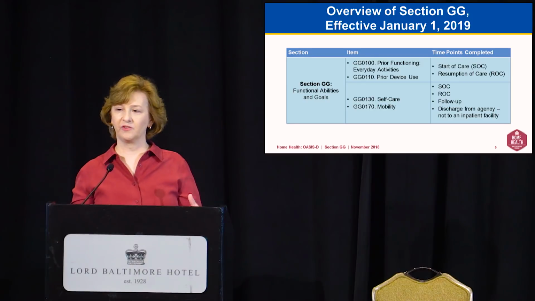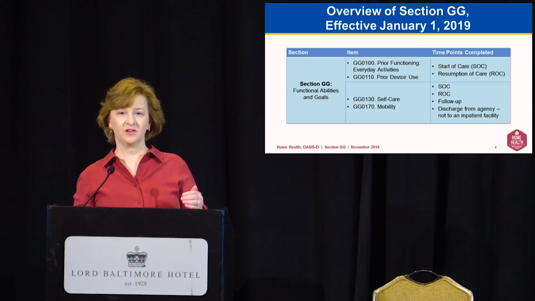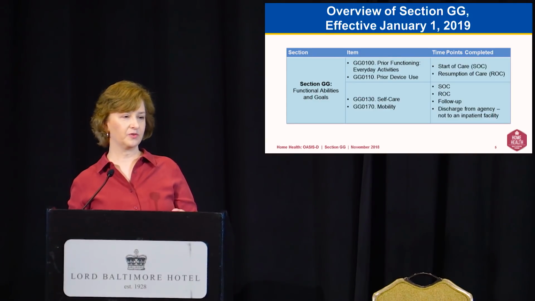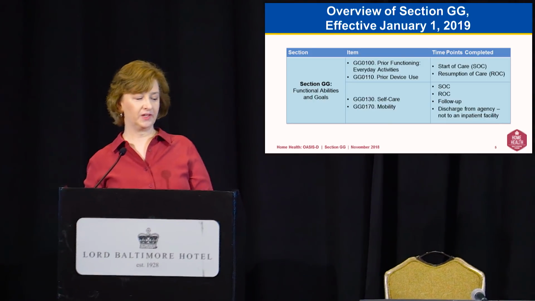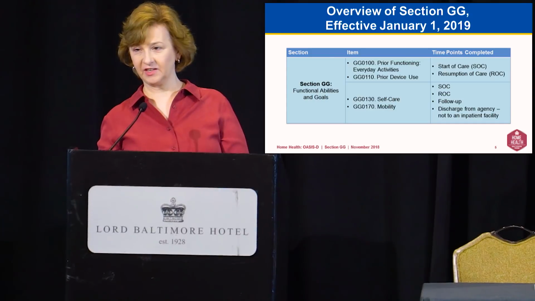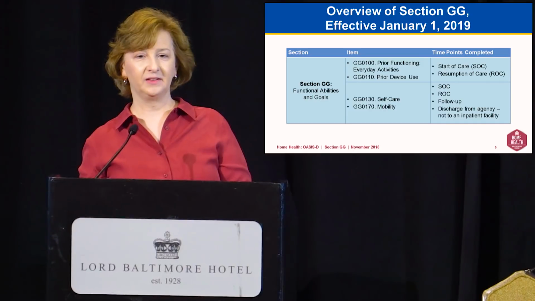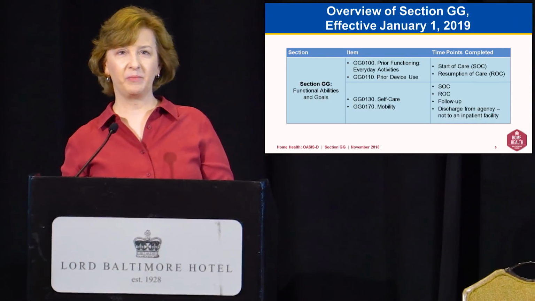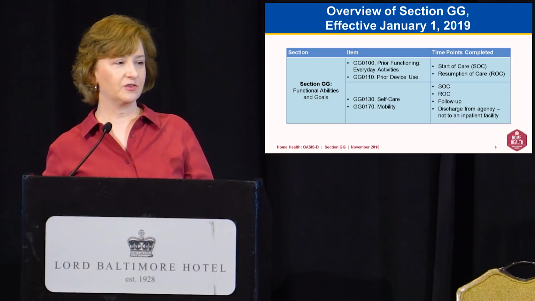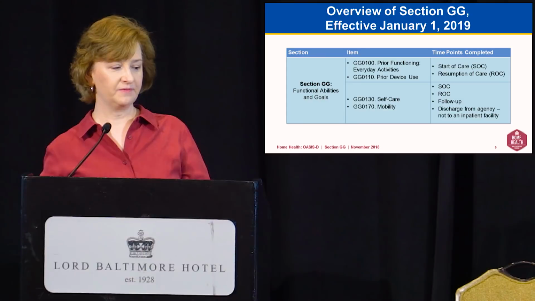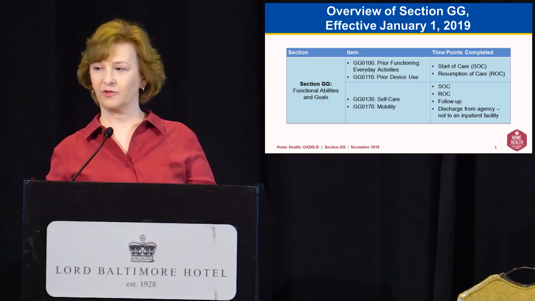So just to give you an overview of the types of items included in Section GG, there are several questions related to the person's prior functioning. There's a GG 0110, which relates to prior functioning with everyday activities, things like self-care, mobility. There's also a list of mobility devices that we ask you to check whether the person was using a device prior to the current illness, exacerbation, or injury. And those are completed only at the start of care and resumption of care, those 2 prior